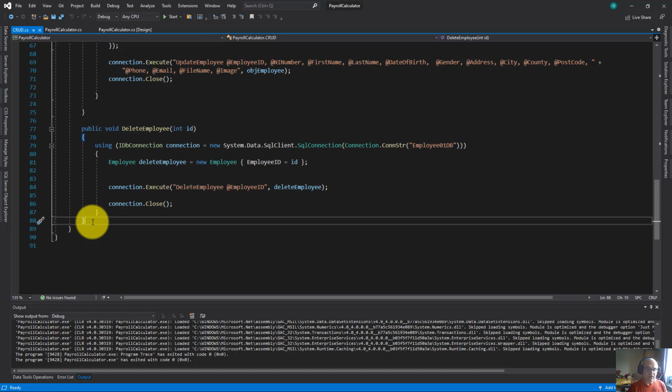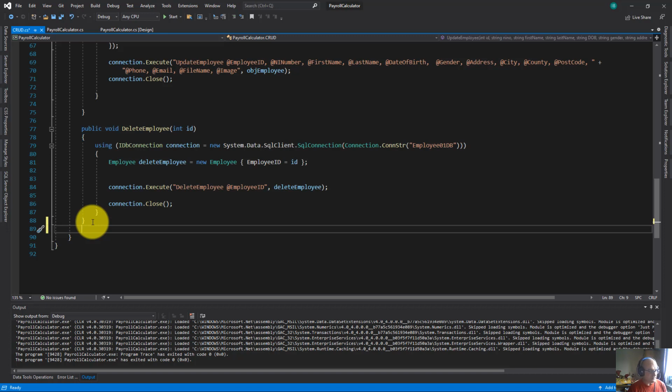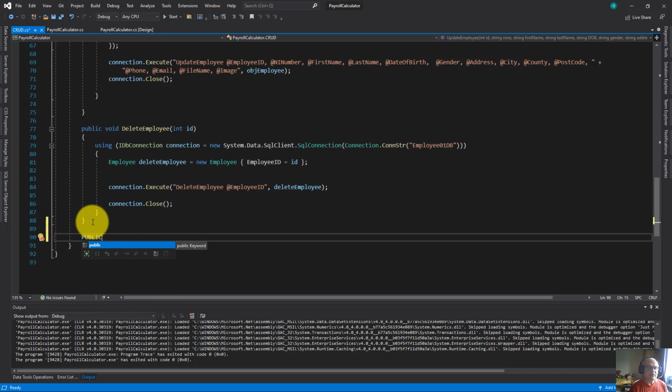I'm using Dapper. Why am I using Dapper? I'm using Dapper because I use fewer code lines than if I use ADO.NET. So I'm going to create a public method